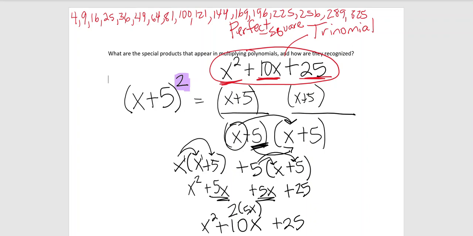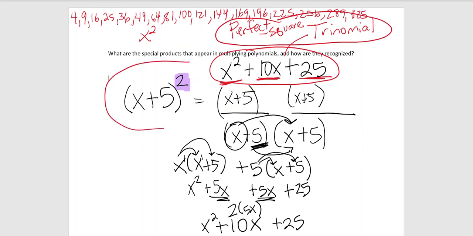Now those perfect square numbers, we know those are perfect squares because we got them by multiplying a whole number by itself. Something squared gives me a perfect square. Well, now we don't just have a perfect square number, we have a perfect square trinomial. Since we're talking about polynomials, we have a polynomial that is special. It's a perfect square because it's the result of multiplying a polynomial by itself. There's a pattern that exists so that we can identify these. That pattern is